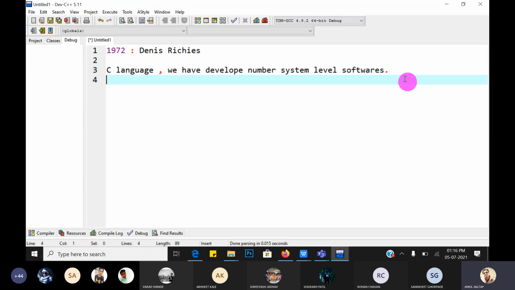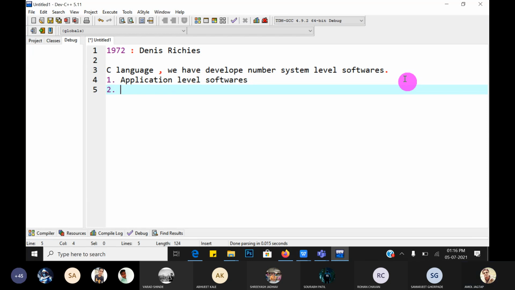Compiler, interpreter, operating system, all these are system level softwares. Guys, understood the difference? There are two types of software: one is application level softwares, second is system softwares.